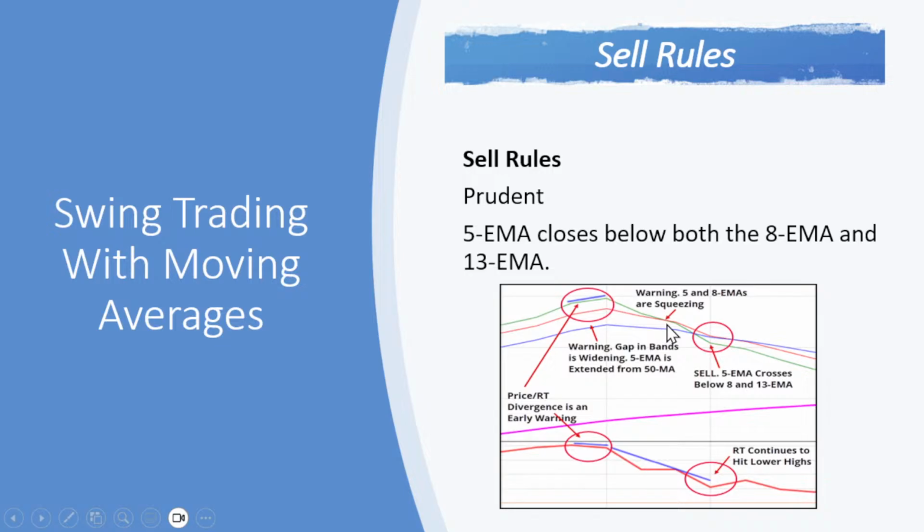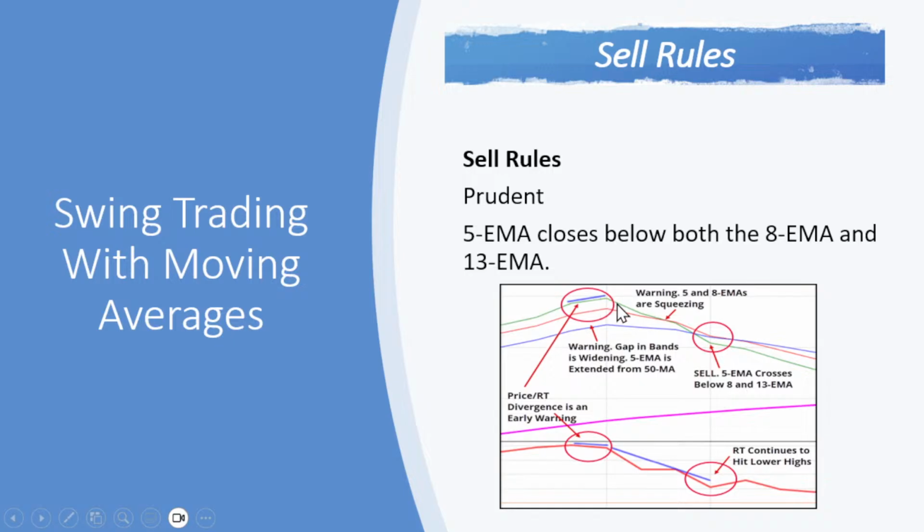The 5-day EMA squeezed together towards the 8, not yet crossing below both yet, but still squeezing towards the 8. That's another warning signal. Oh, by the way, at this high here, when the gap of the bands is widening, RT might be diverging. You might see a bearish candlestick formation, okay: a bearish engulfing, a bearish harami, maybe a hanging man, or a one black crow, dark cloud cover. Those are some of the bearish formations you might see.